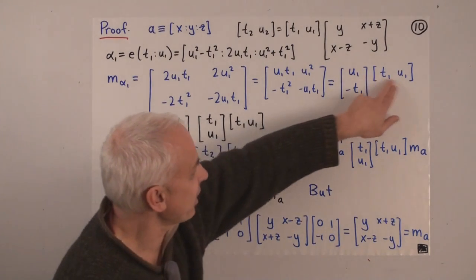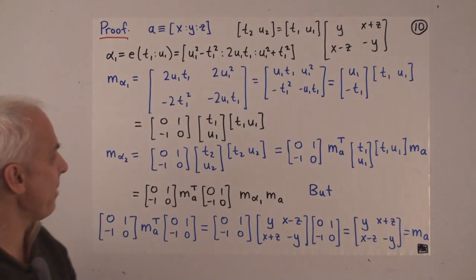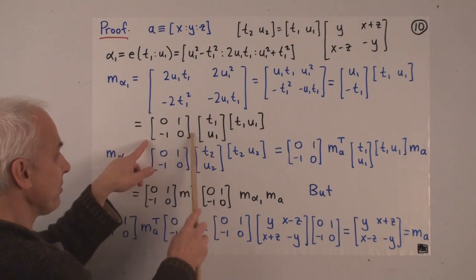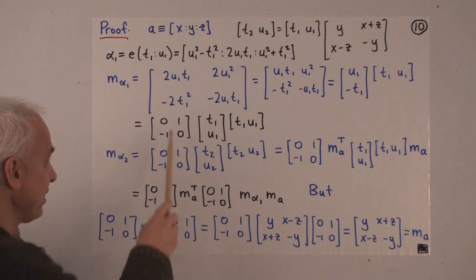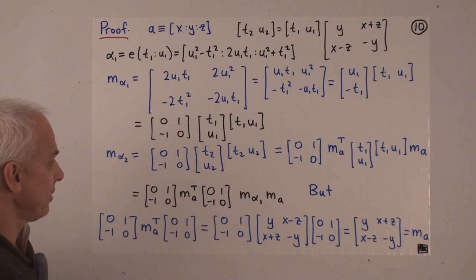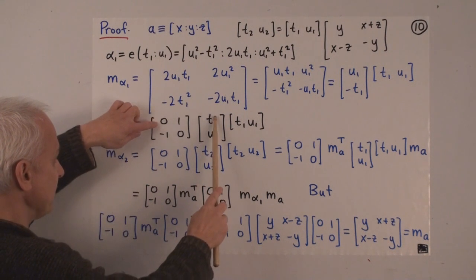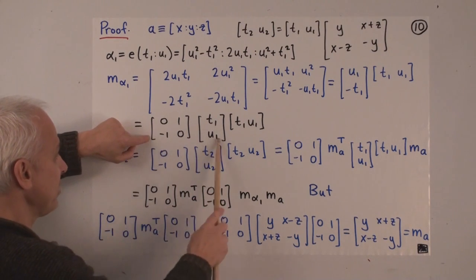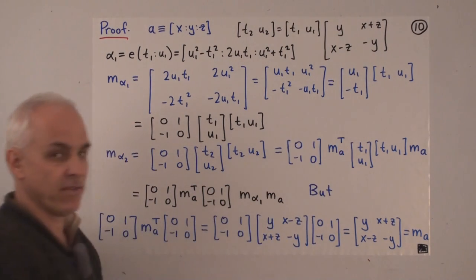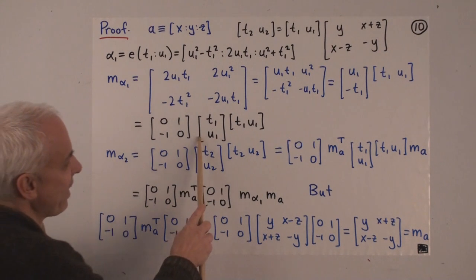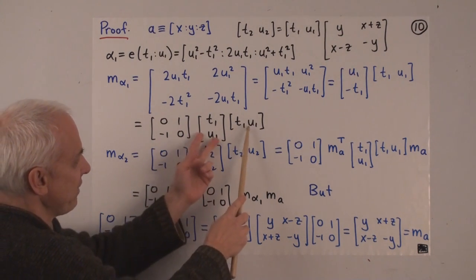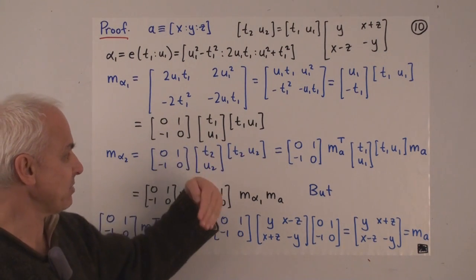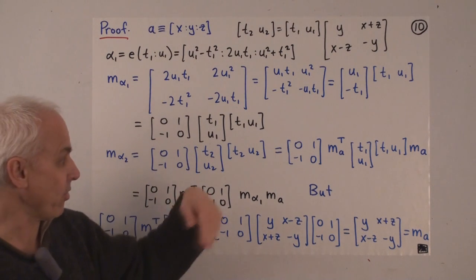Now this one here looks a lot like this one, except that it's sort of flipped over and there's a minus sign. And that's exactly what you get when you take t1 u1 and you multiply it on the left by this particular matrix, 0, 1, minus 1, 0. Let's just have a look at this times this. That would be 0 plus u1, that's u1, and minus t1 plus 0. So the product of these two is just another way of writing this. The advantage is this is sort of more symmetrical. These two vectors are pretty well the same, except one is the transpose of the other. The transpose is obtained by making a row go to a column or a column go to a row.